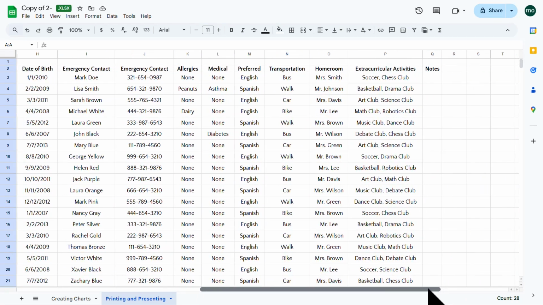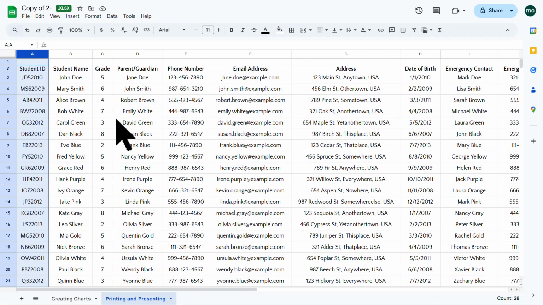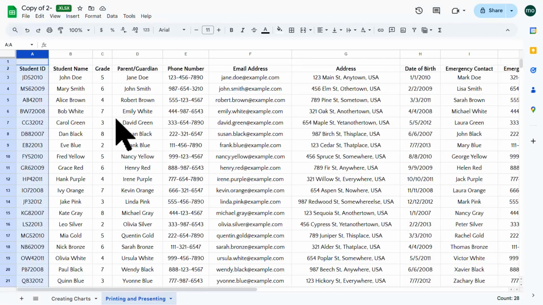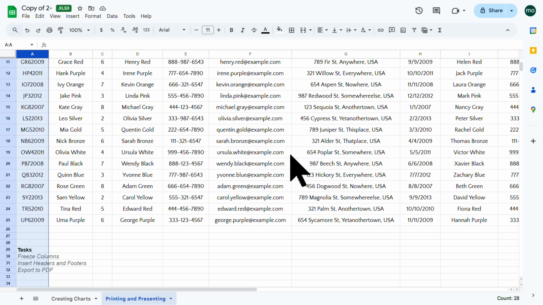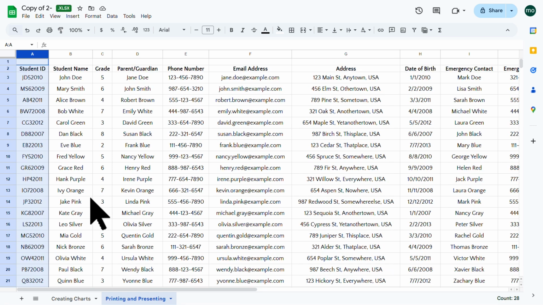Lots and lots of columns to be able to work with, because we want to capture as much data as we can. Now, if we scroll down, we can see the challenge. I've actually shortened this data set. Typically this would be hundreds and hundreds of records, but just to keep it simple, the main thing to know